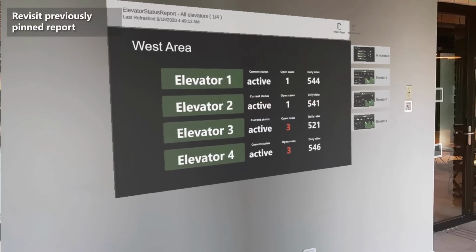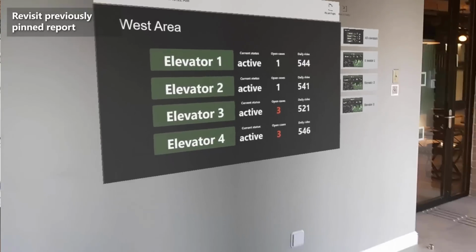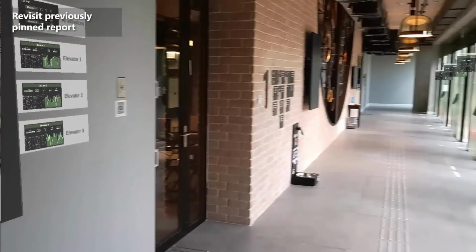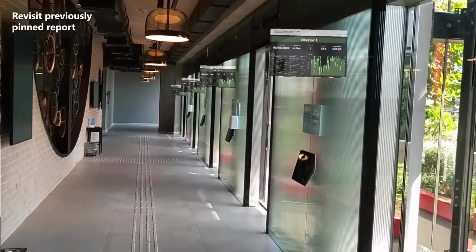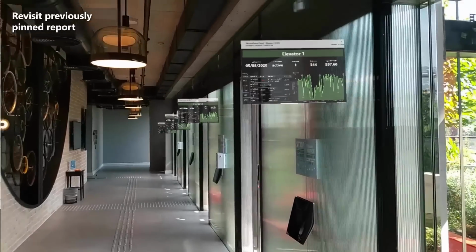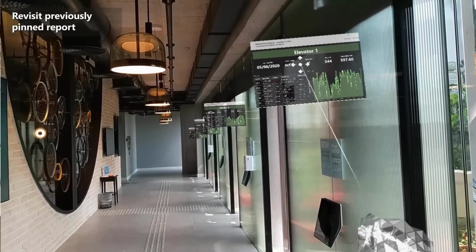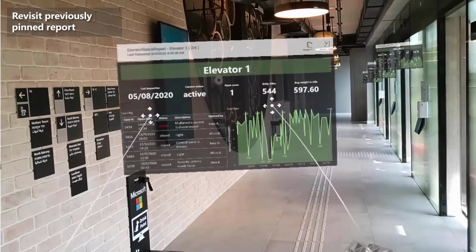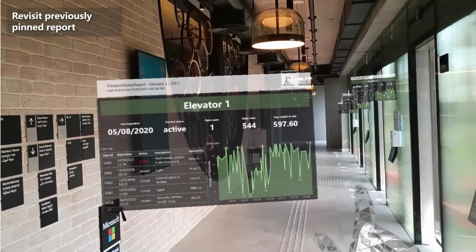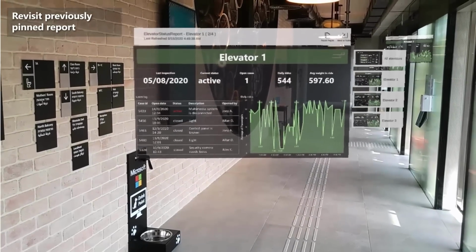In the West Building elevator corridor, there is a pre-placed digital report with the status of all elevators. Additional reports were also placed next to each elevator, showing more information of the elevator itself. To get a closer look, all the user needs to do is to reach his hand and bring it closer.